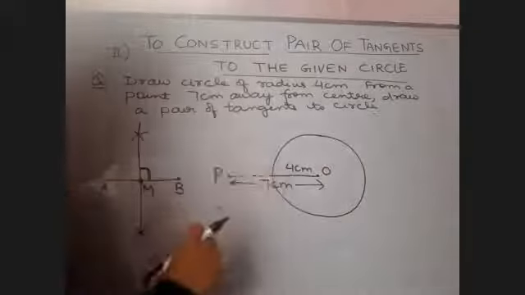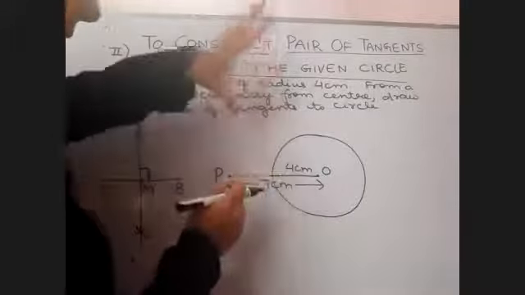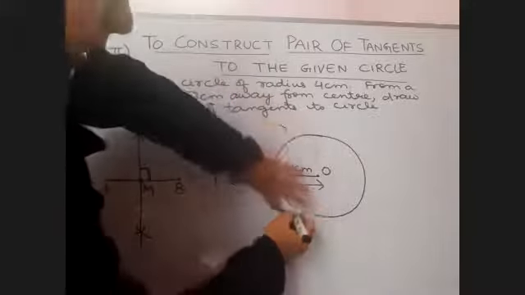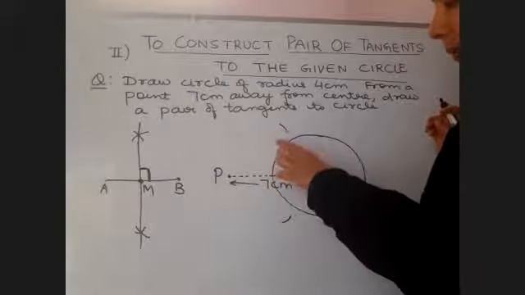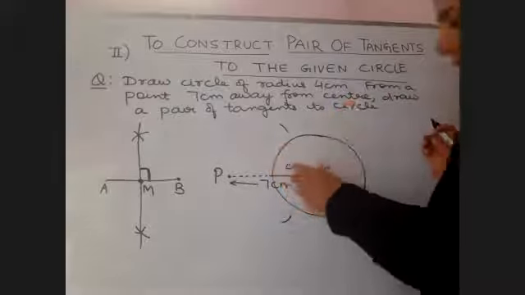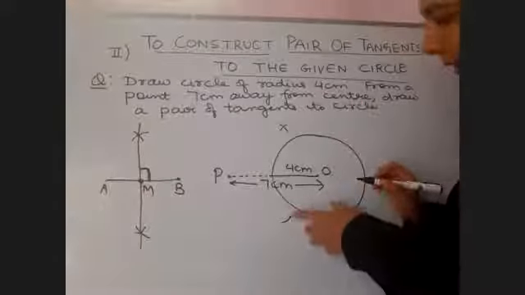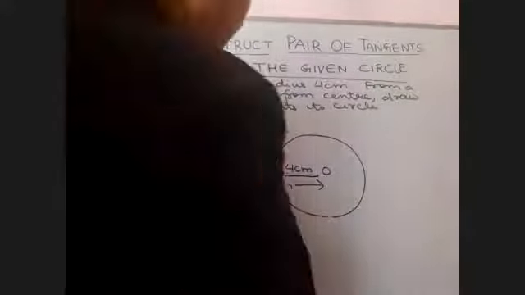So keep your compass at P. Adjust your radius to more than half. Draw an arc at the top and draw an arc at the bottom also. Likewise, keep it at O. Open your compass, keeping the same radius, and from O draw another arc intersecting the previous one, and here also. Right? Now join these two. You may draw it dotted or solid line, your wish. So let me just do that.